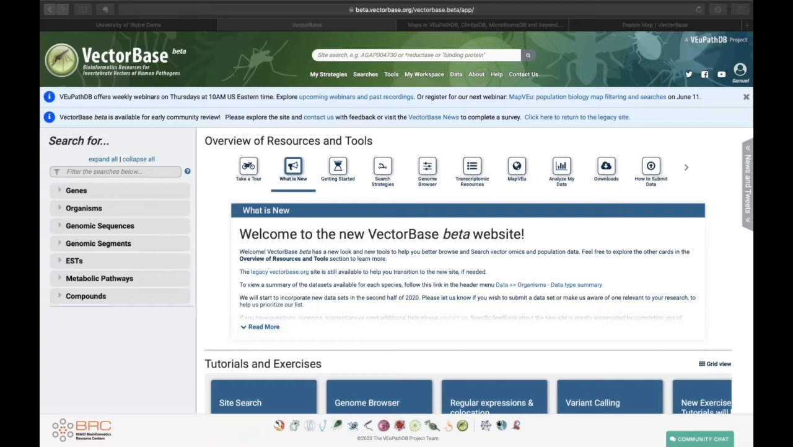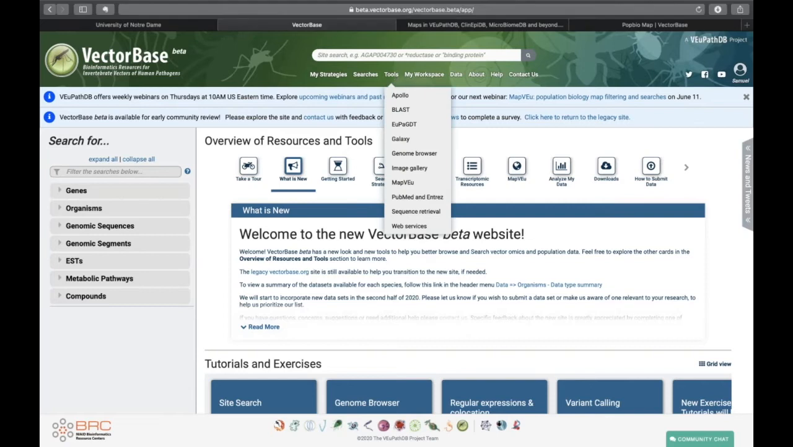Thank you. So MapVEu, which was previously known as the VectorBase PopBioMap, is currently only available on VectorBase, as Omar said, but we continue to move forward as a combined VEuPathDB BRC, and we'll bring MapVEu to other databases in the VEuPathDB family of sites. You can access the tool by clicking Tools, MapVEu,